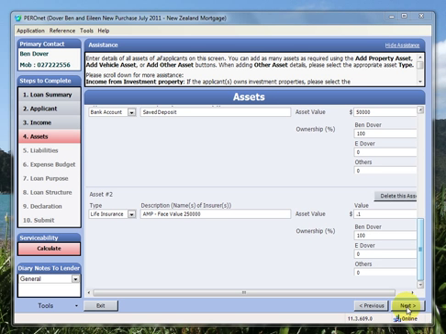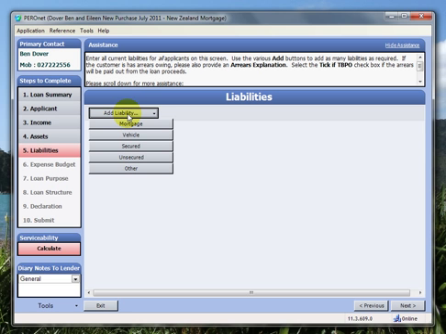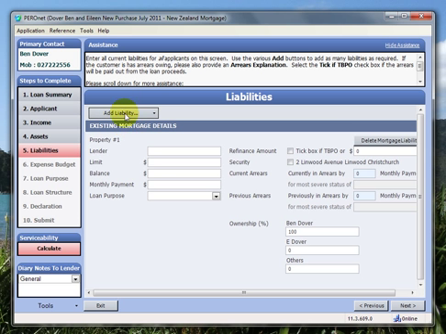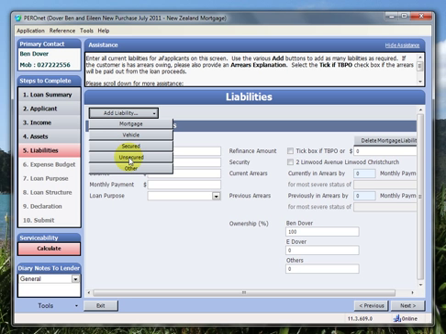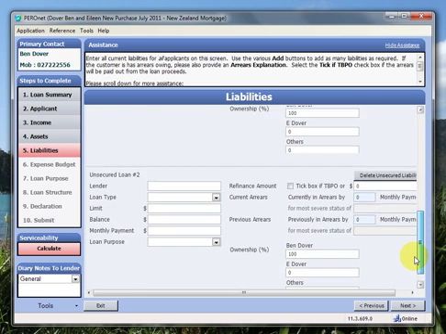Okay, so here we are back at assets. We're going to go next for liabilities. Now in this instance, Ben and Eileen have got a mortgage. They have got a credit card, and they've actually got an overdraft. Okay, so I've dropped down 3 of those, and as you can see, they've just neatly dropped down on the